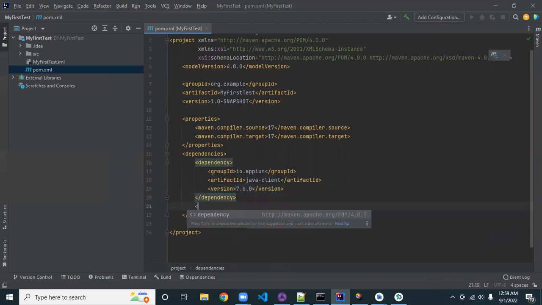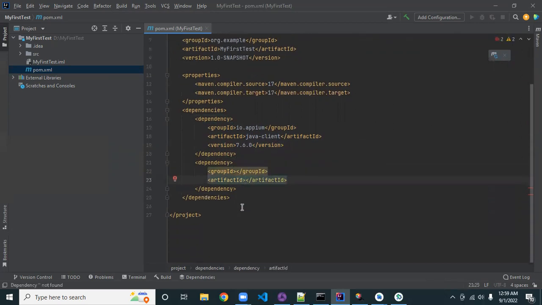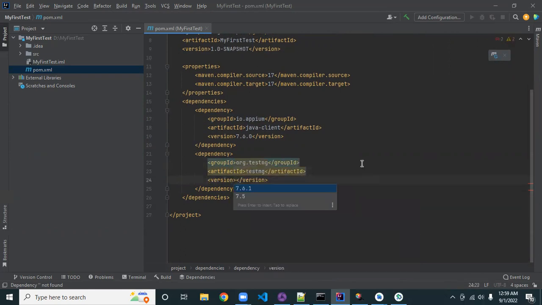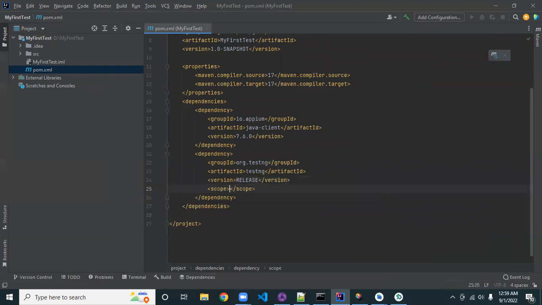The second dependency we have to add, that is called org.testing. Version is release, and just put one more thing, that is called scope. Scope is compile. Okay, once you add this,